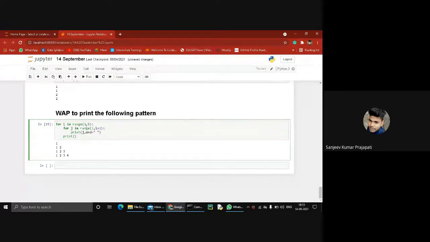Then again the value of i is incremented by 1, and the value of i is 3. Again it goes through this loop, and 3 plus 1 is 4. Then 4 is excluded, so that's why it prints 1 2 3. And last is 4. Again the value of i is incremented by 1, then the value of i is 4. Then 4 plus 1 is 5, but 5 is again excluded, so it returns 1 2 3 4. Then again the value is incremented by 1, and the value of i is 5. But you see in this condition 5 is excluded, so nothing is printed. So now your pattern is 1, 1 2, 1 2 3, 1 2 3 4.